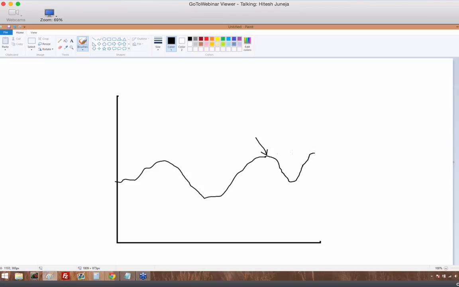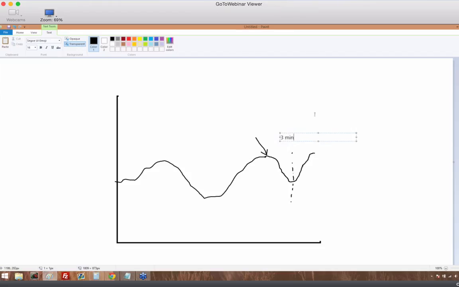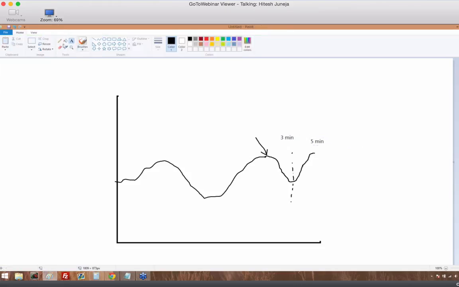Let's say this is the 3-minute mark right here, and then this is the 5-minute mark, and you end up losing at the 5-minute mark, even though you were winning a substantial majority of the time. That's the only downside of it, and even that happens relatively rarely. Including that phenomenon, we're at a very high win rate.